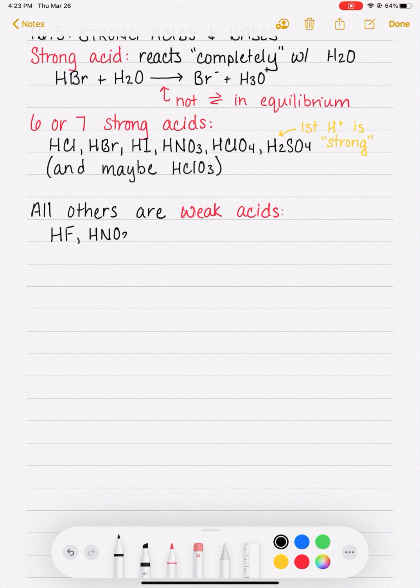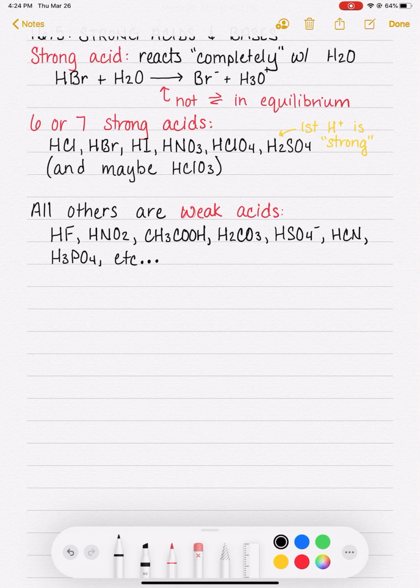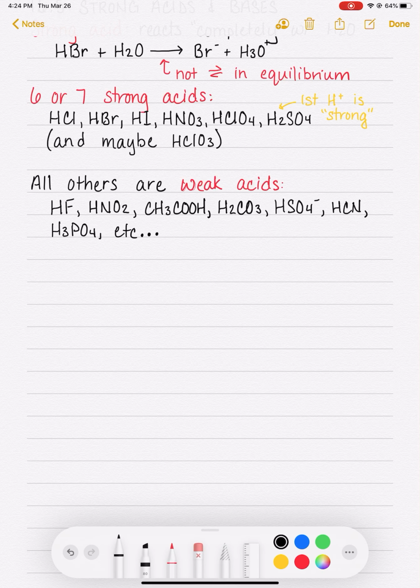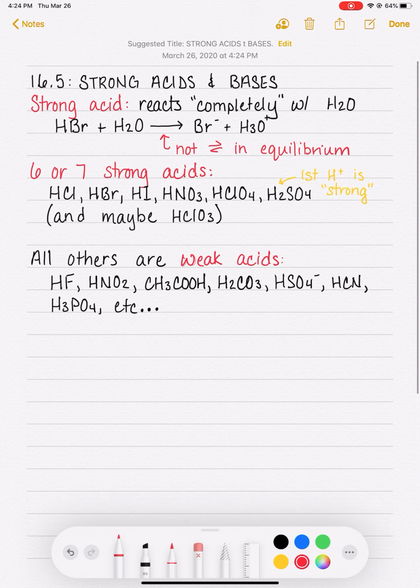HNO2, nitrous acid, acetic acid, CH3COOH, carbonic acid, H2CO3, HSO4 minus, HCN, H3PO4. That's just a few. These are the ones that you're going to see the most often. But literally anything that is not one of the 6 or 7 strong acids, it's going to be weak. So we also